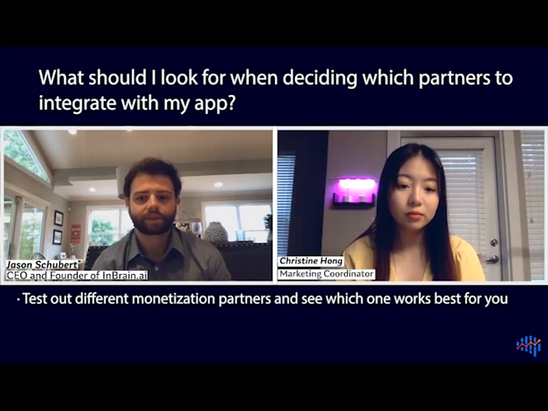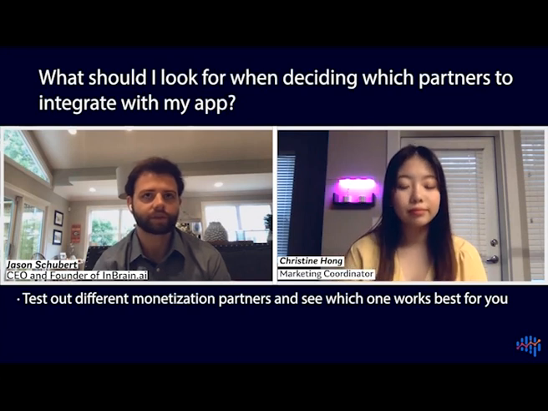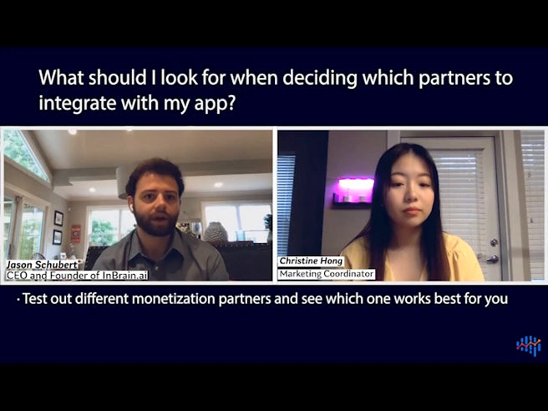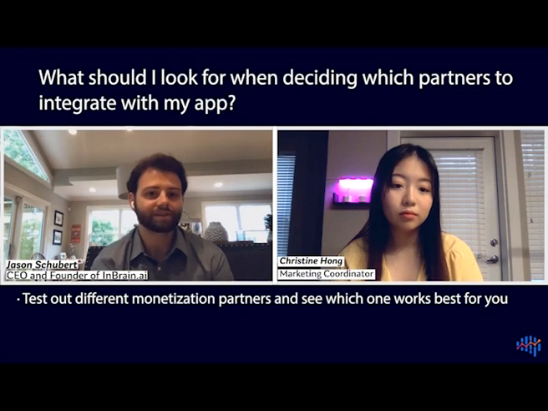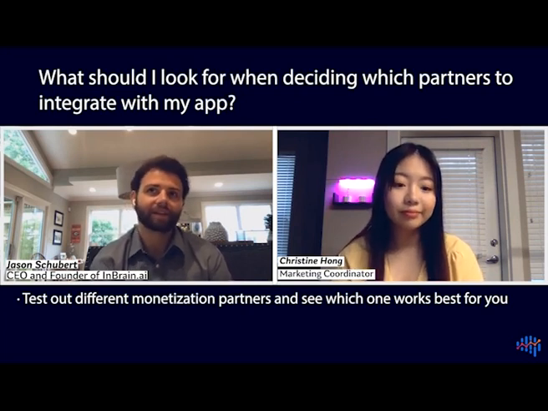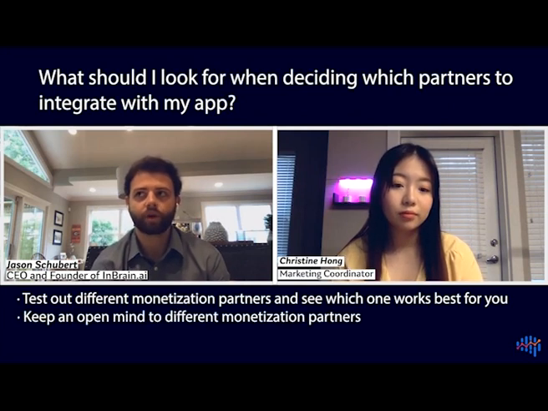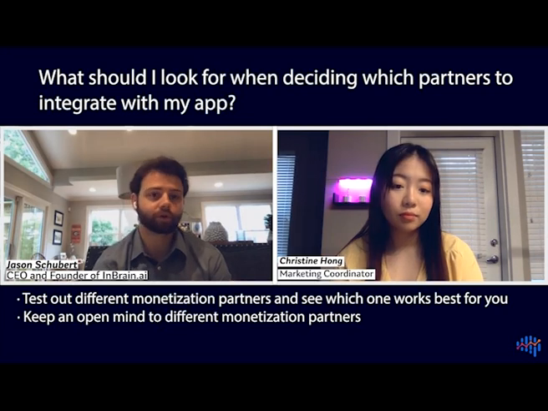And so take other factors into account. See what your aggregate revenue looks like. I mean, you have to see if you're cannibalizing your other revenue that's working when you add another ad partner or a survey partner or a different in-app purchase, and see if that cannibalization doesn't have to be a bad thing. If the new partner is providing more value, maybe that means that your existing partner is actually cannibalizing your new partner. So it's kind of seeing the overall scope. Having an open mind to new partners is definitely really important.